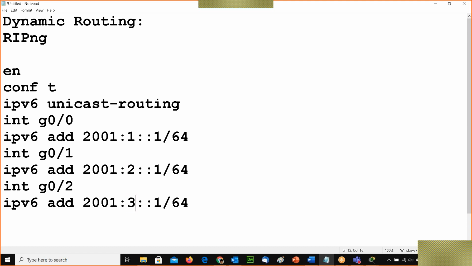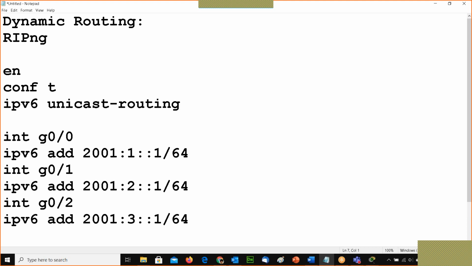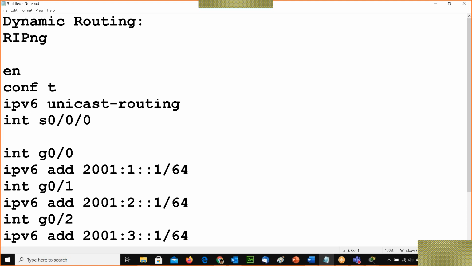These 3 interfaces I have created, and then I can also go and keep the IP address on the serial interface, 0, and then I can write ipv6 address 2001:DB8:1.